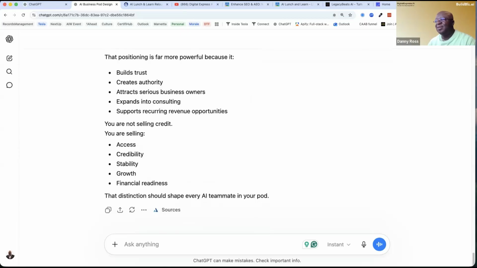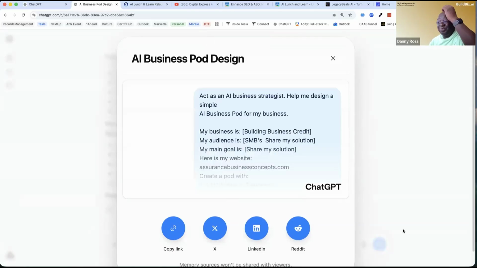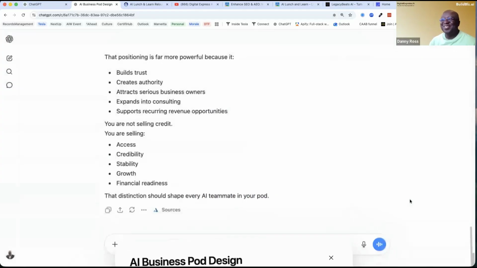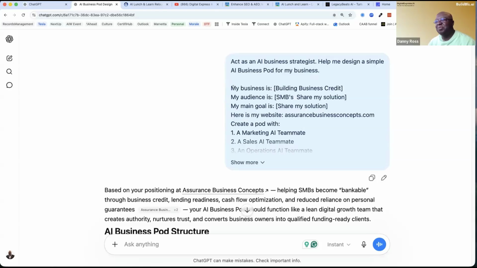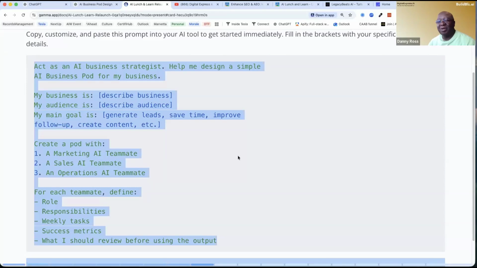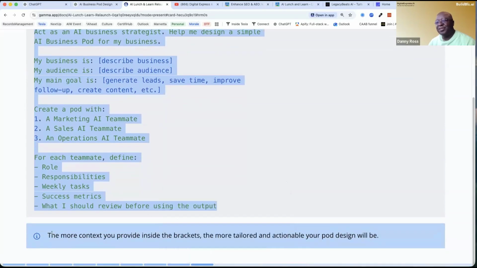So that's from one short little prompt, and I'm going to grab the link and drop it in the chat just so you can kind of see the framework. You're going to want to run that prompt against your own business, of course, not Rick's business. But the point is this prompt is really simple, but it lets you create your plan in a very simple, easy way. I really like that prompt. It's a good prompt. Again, the more context you give it, the better.